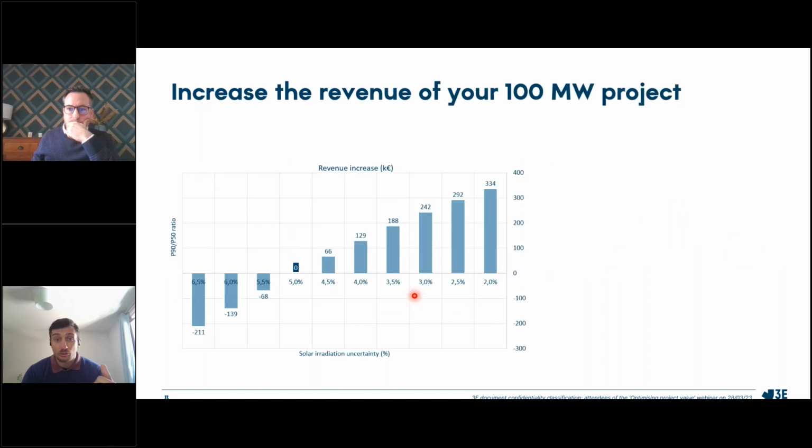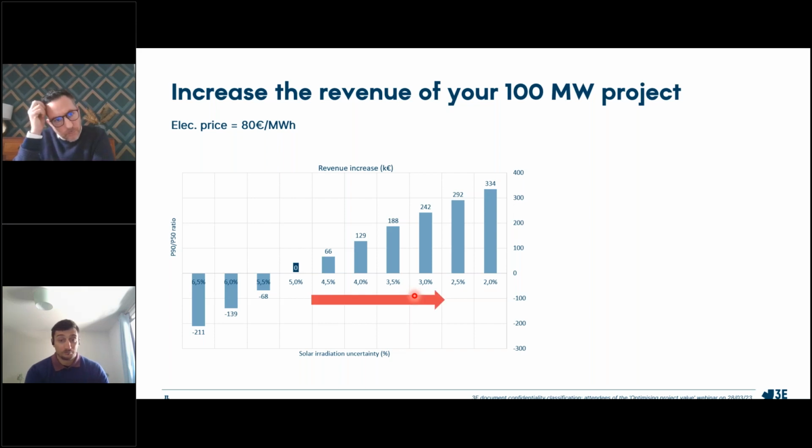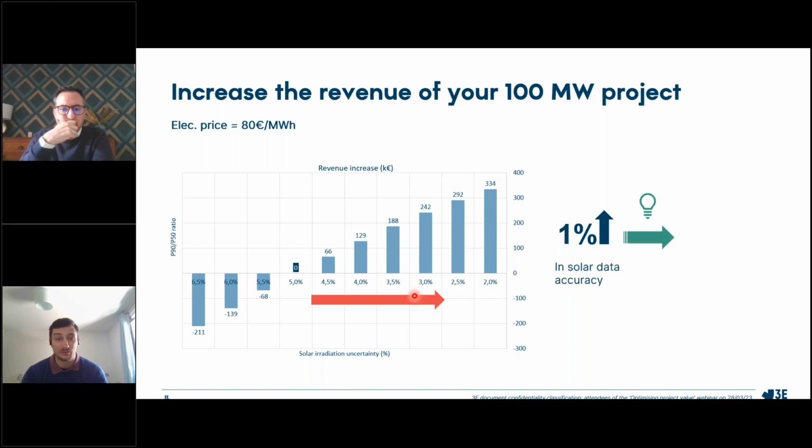Of course, if you convert it into revenue for our project of 100 megawatts, it will also give you an order of magnitude for any other type of project you may want to develop. With an electricity price of 80 euro per megawatt hour, decreasing the uncertainty of your solar irradiation data by 2% will lead you to an increase of your P90 and so an increase of your revenue. In that specific case, with this specific value, it means that a 1% increase relates to a 120 kilo euro